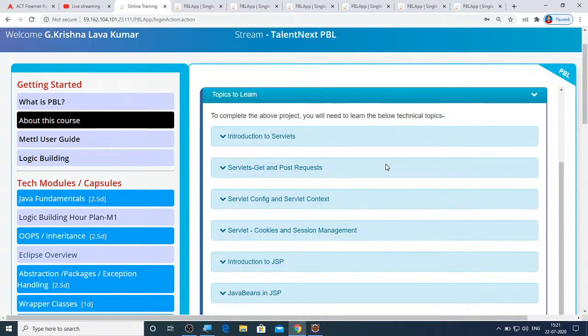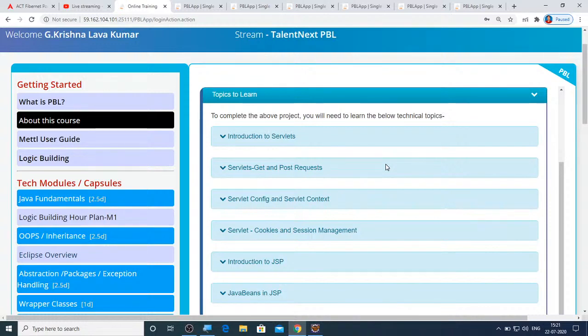For others, it can be a kickstart: how to create a project, I mean a web project, and then how to deploy it, and then how to run it in the browser. All that will be a complete kickstart for those who haven't explored it. Now let's get into the theoretical descriptions.